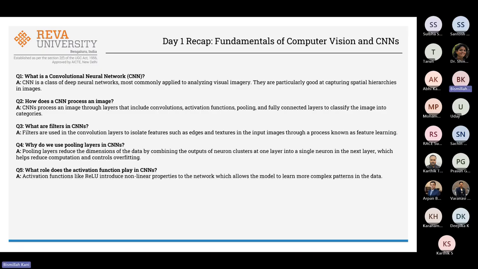So we also looked at activation layers. There are many different types of activation layers, but the most commonly used is the ReLU. ReLU basically makes all the negative values zero and keeps all the other positive values as they are, just a linear transformation. But although it looked very simple, it was found to introduce some nonlinear properties into the network, which helps to learn more complex patterns in